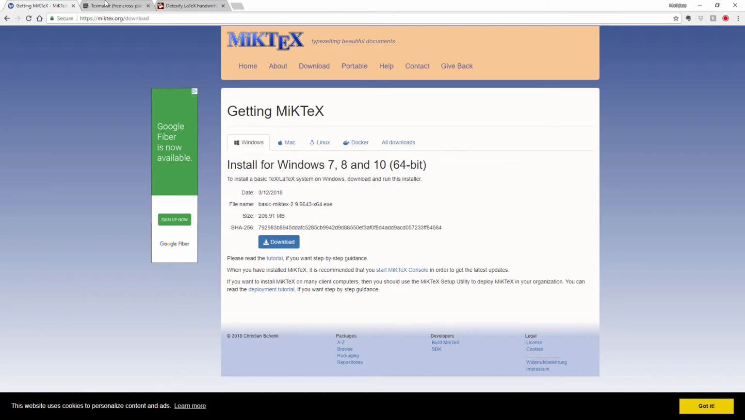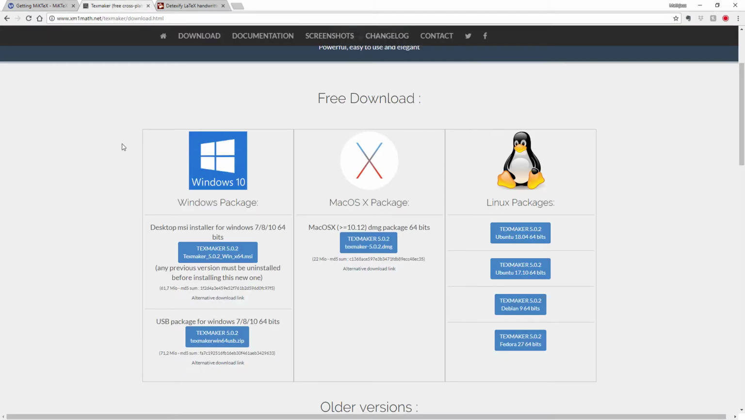However, I like TeXmaker to edit my LaTeX documents. So if you want to use TeXmaker, you type in TEXMAKER into Google, and it will take you here, and you can download that. I'm going to be using TeXmaker for this tutorial. So once you've downloaded both of those,